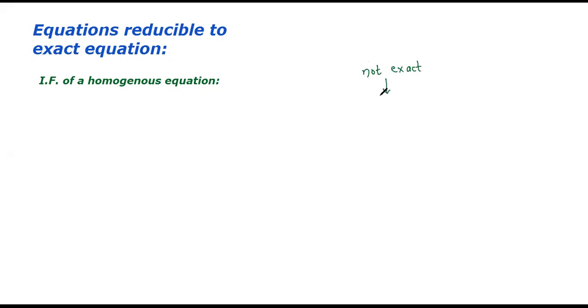such a type of differential equation can be made exact by multiplying it with a suitable factor. That factor is called an integrating factor, which is abbreviated as IF. Okay, so we are going to see such types of differential equations and how to get a solution of such equations. So first type we will see